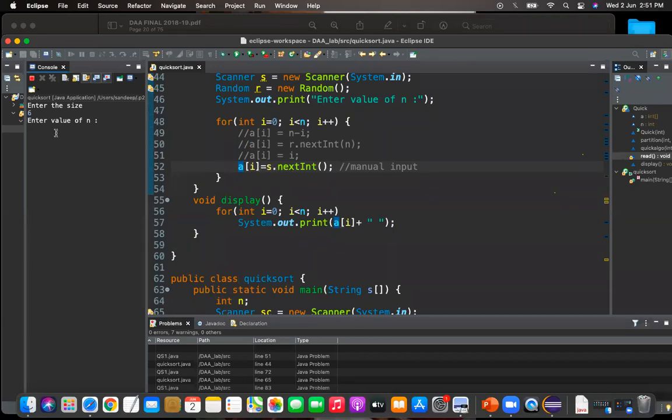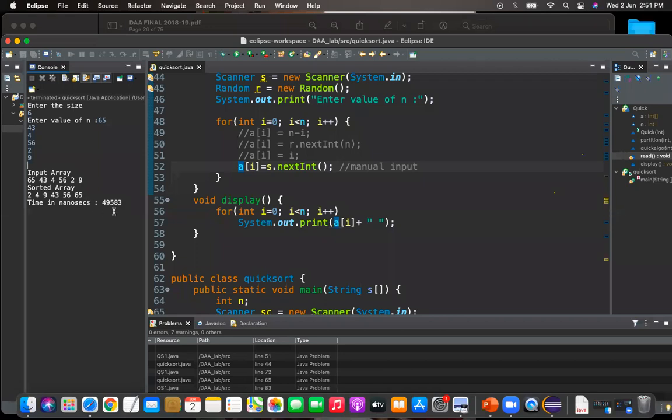I will give some values. I'm not going to give any particular order. Our input array is 65, 53, 4. Sorted array is 2, 4, 9, 43.